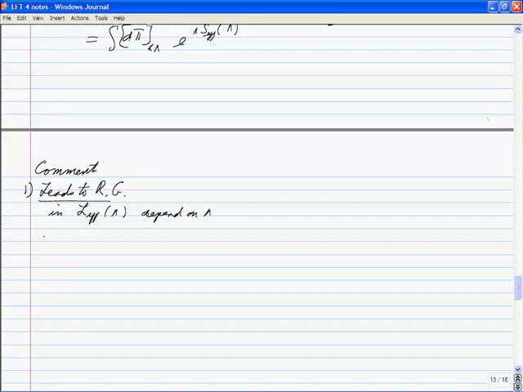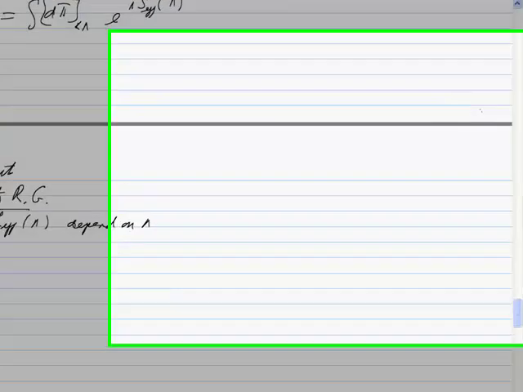Okay, and it's easy to see this. Let's take QED. In QED, we know the charge depends on scale. But if I had a bare charge that depended on some scale, let's call it lambda 1,